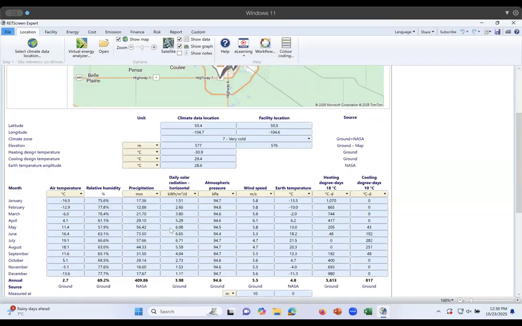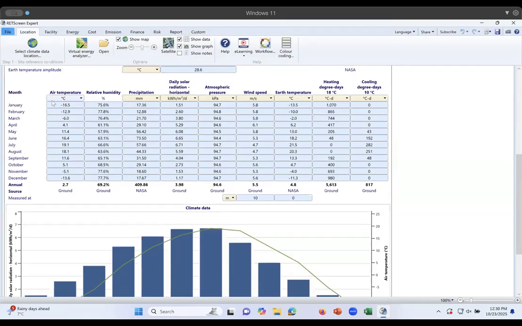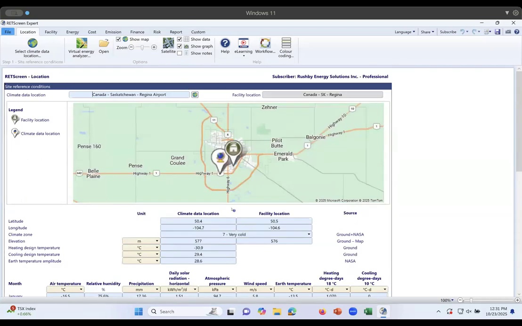This is the normal climate data: historical typical temperatures, historical typical monthly heating and cooling degree days, wind speeds. Important for our analysis is historical daily solar radiation. And of course, it has geographic coordinates of the location as well. And again, we can change our location should we wish, but in this case, we're going to stick with Regina,